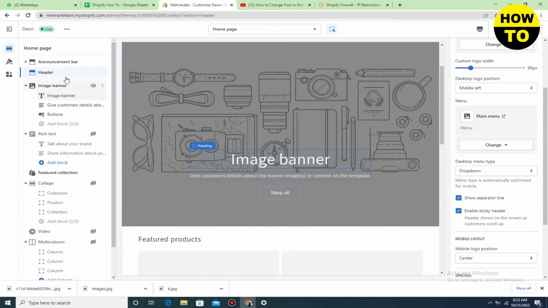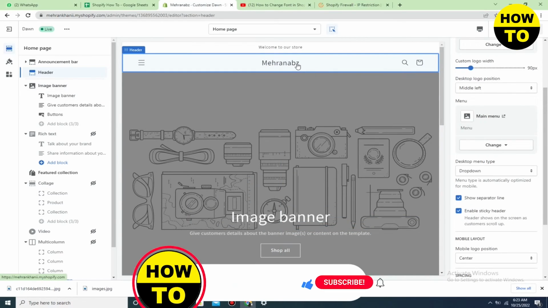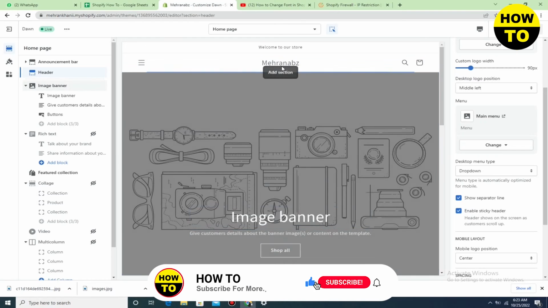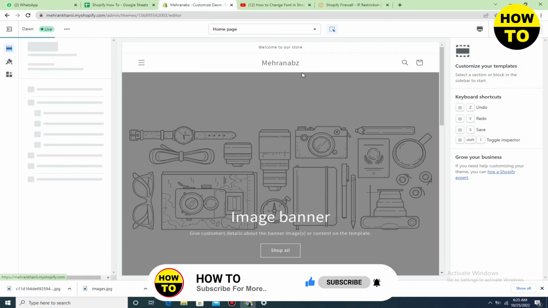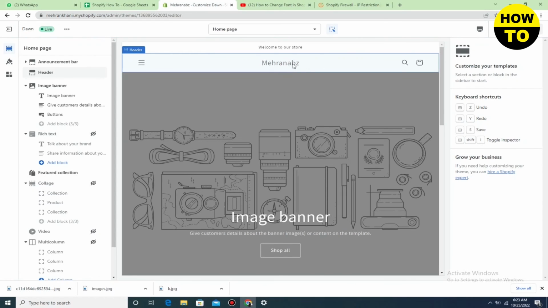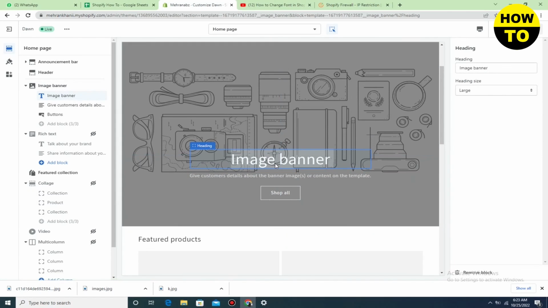You can also align the text here. So on the left side you can see the text setting option. So once you change the font of the theme completely, it will appear on your main Shopify store. So in this way you can easily change font in